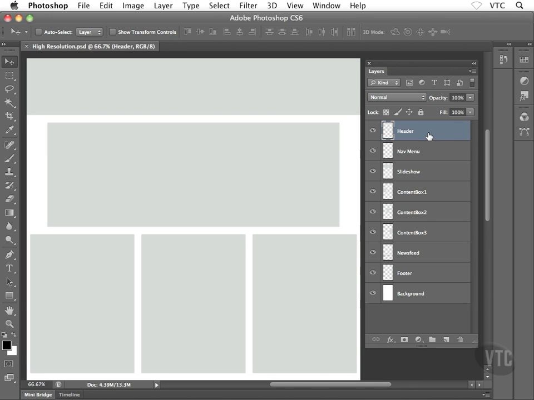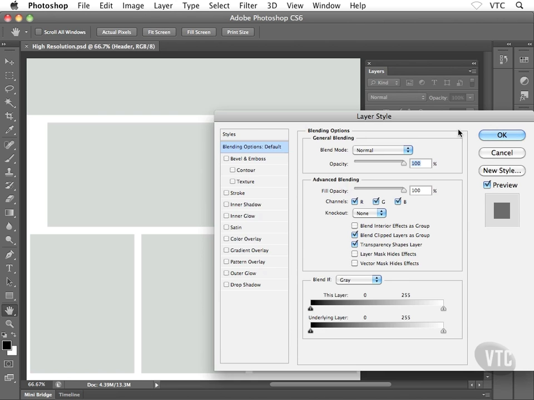I don't know if you've heard about these effects before or not, but inside Photoshop, we have something called layer effects. Sometimes they're also called layer styles. They're pretty cool. Basically, we're going to apply a color via a layer effect. Here's how we're going to do it. I've got my header layer selected. I'm going to bring my cursor over towards the right-hand side of the header layer, and then I'll double click with my mouse, and that'll bring me into the layer style